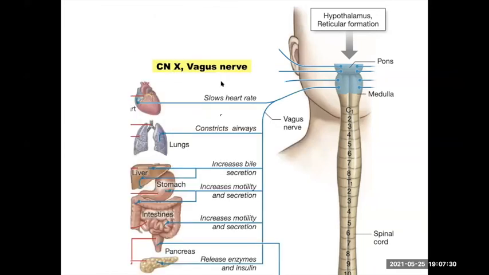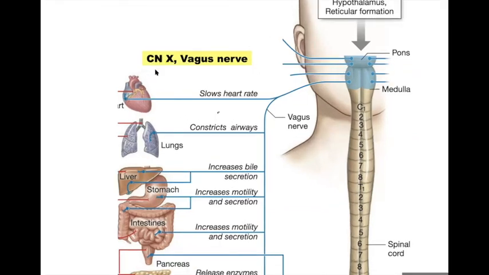Exactly, 10, your vagus nerve. Vagus nerve is the big one. This drops down into your thoracic cavity. It innervates the heart. It innervates the bronchial tubes, the bronchioles of your lungs. It innervates the glandular type cells in your liver and stomach, and there's smooth muscle making motility increase. So it's controlling all this stuff down over here. Your vagus nerve is controlled by your hypothalamus and your reticular formation, your brainstem stuff. This is cranial nerve number 10.